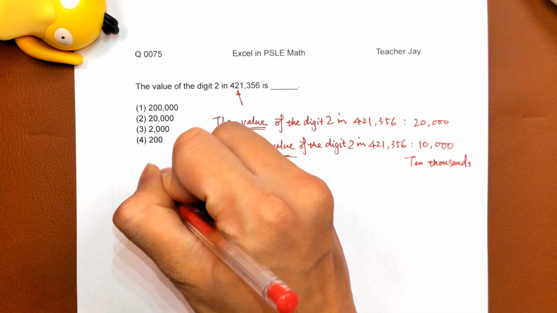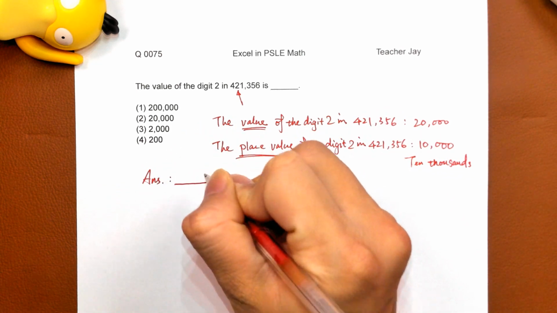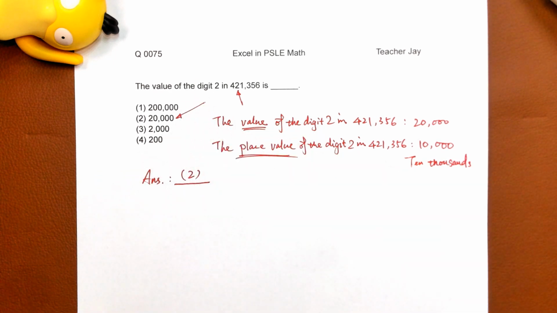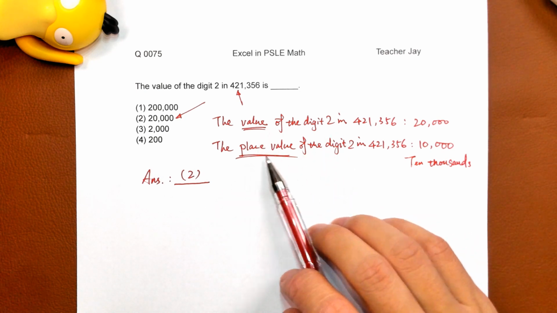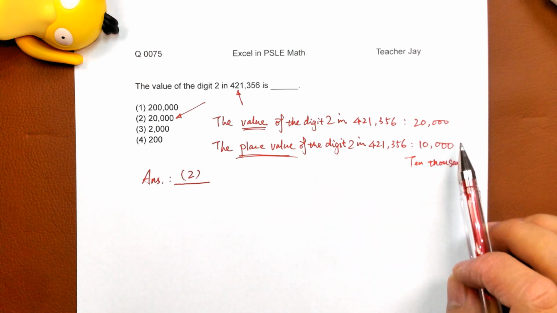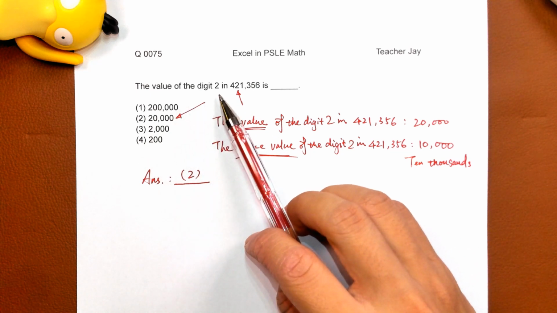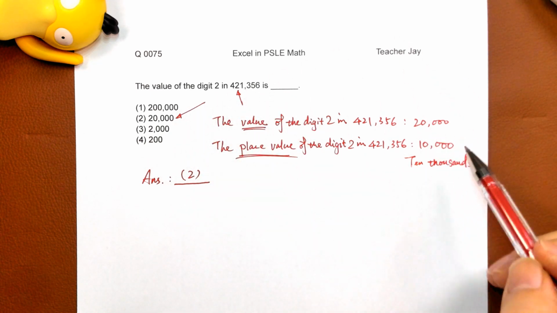So the answer to this question is option 2 here, 20,000. 大家一定要明白，它数字2代表的值和 the place value of the digit 是两个问题。当然，如果说我们的这一位，他问的是 the value of the digit 1 in this number, it is